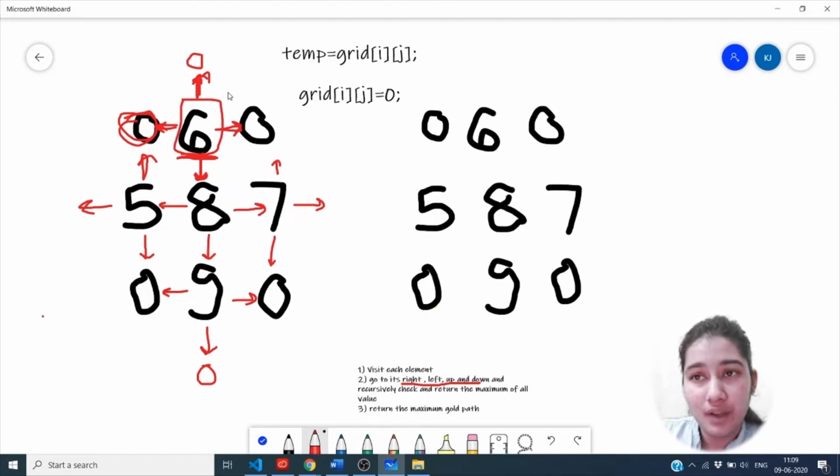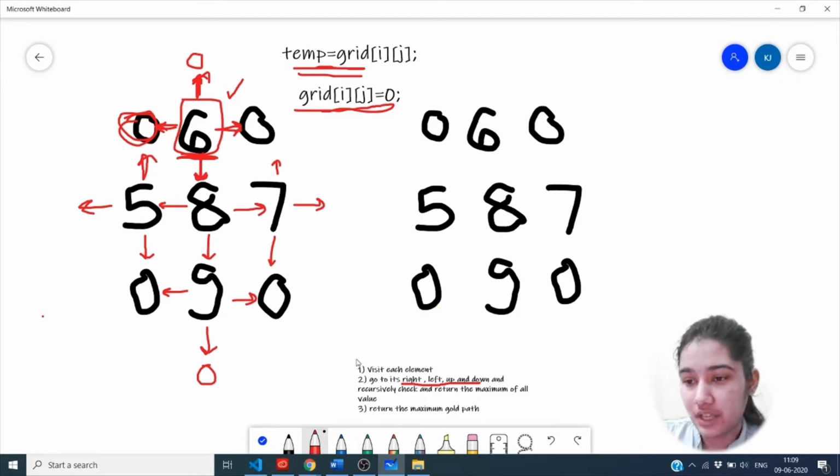The second thing we have to do is, when we are visiting a cell, we have to change its value to 0, and before changing its value to 0, we store its value in a variable temp, so that we can track it and add its value later.